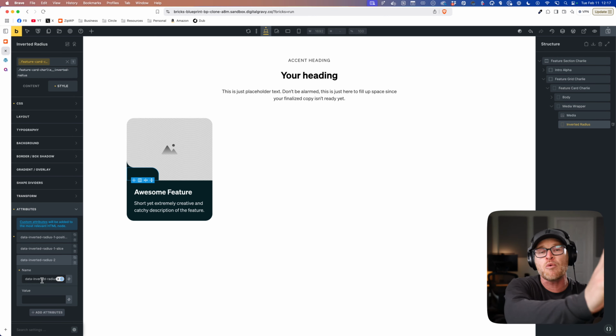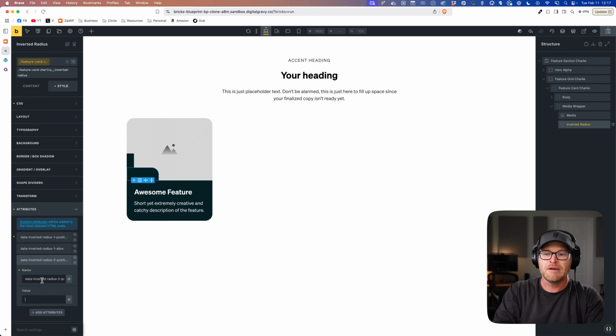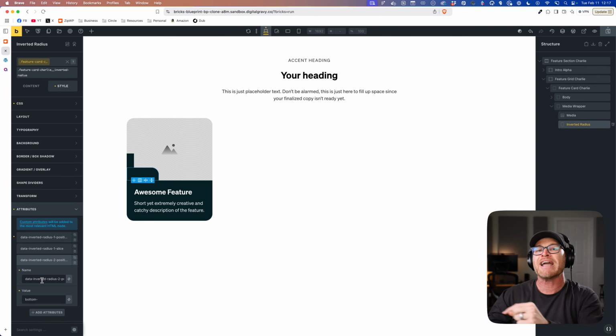I already did number 1. Now I'm gonna do 2, position, and I'm gonna say bottom. Now you can have bottom outside right, or you can have bottom right outside, or you can have bottom outside right outside. What the hell is the difference? What is going on here, right? You put outside after the word where it makes sense for that to be outside.